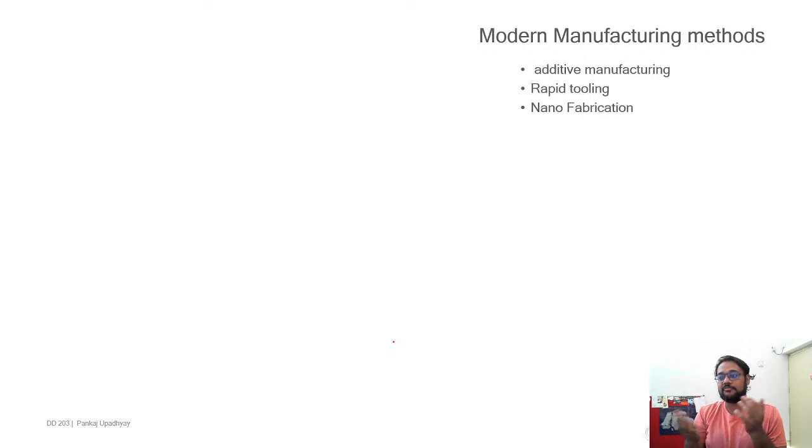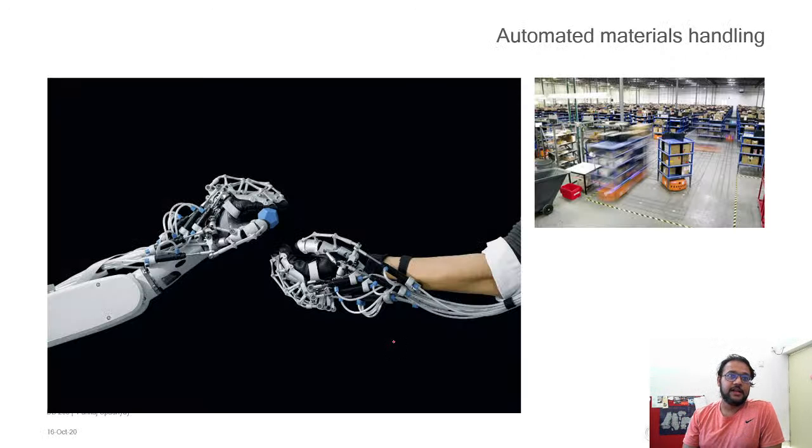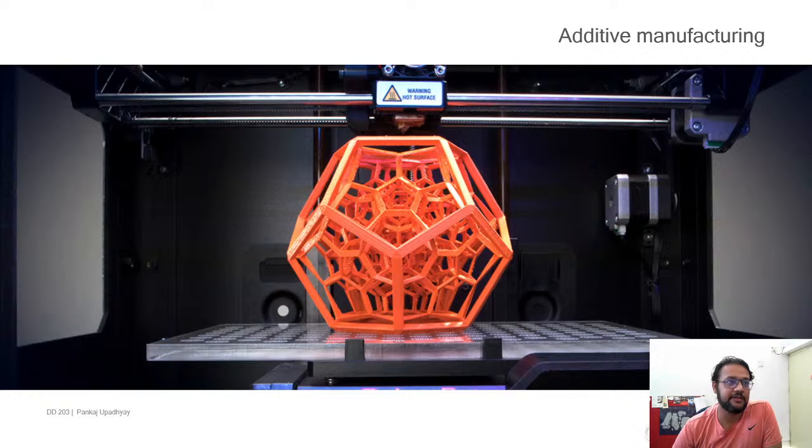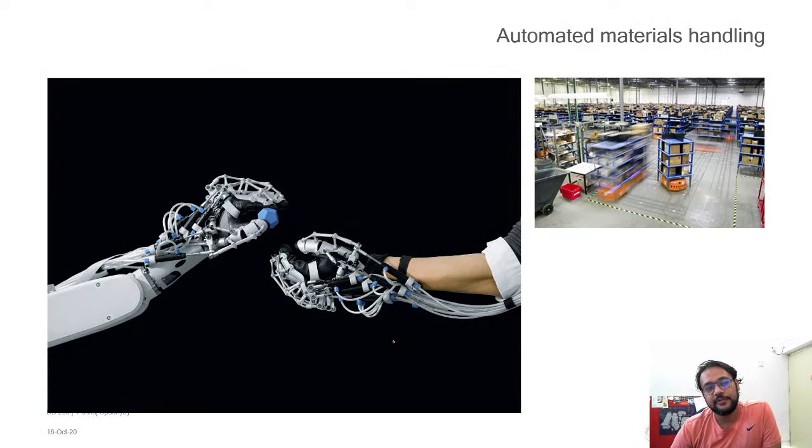And additive manufacturing is, if you have the right kind of control systems, then you can build anything layer by layer using an additive manufacturing process. Okay, I don't want to go along these lines, because we'll discuss this in the next module. Okay,